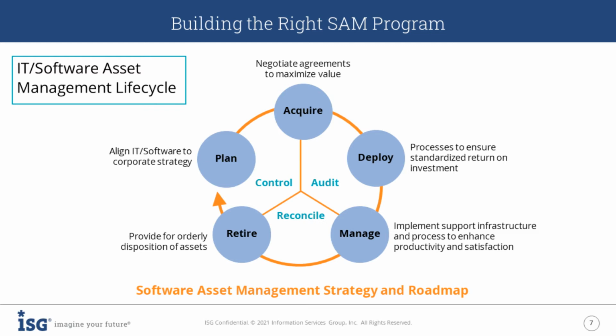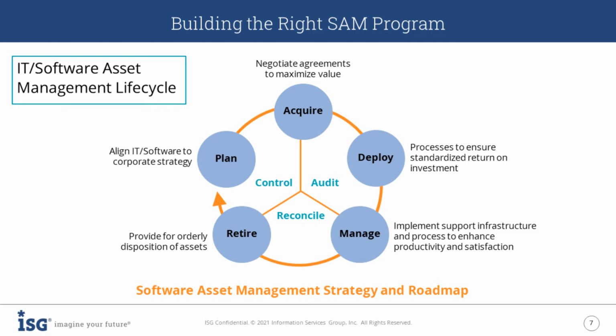When we talk about building a SAM program, there's really 5 main areas, and it starts out with planning. So it's really all about aligning your IT software to the corporate strategy. That's really knowing what your current IT topology looks like, where the organization or the corporation is going. If in the next 3 to 5 years you intend to virtualize heavily, or you're going to make a real strong move to cloud, knowing those things helps you to plan that corporate strategy and or align with that corporate